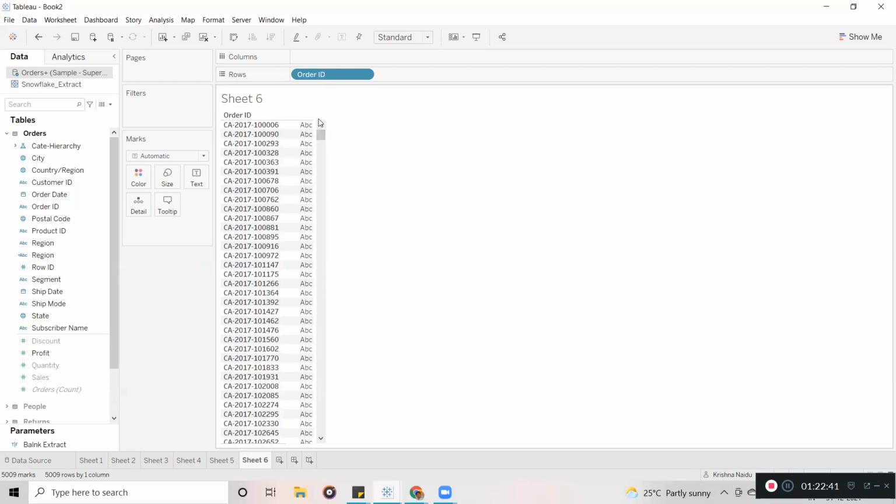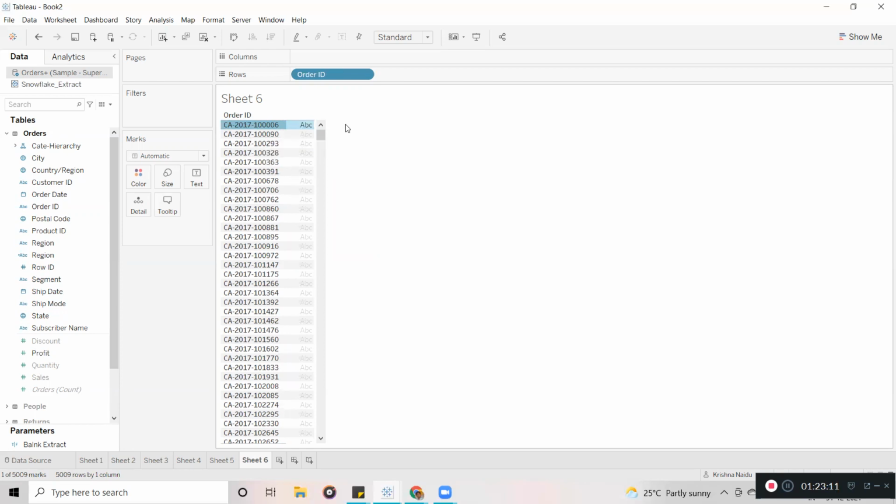So actually, what is meant by split? Split means we are dividing into two or more parts. Splitting means cutting the data. Split means we are going to divide the single cell. For example, if you go to an Excel file, let's assume this is a single cell. Now this single cell data, I want to